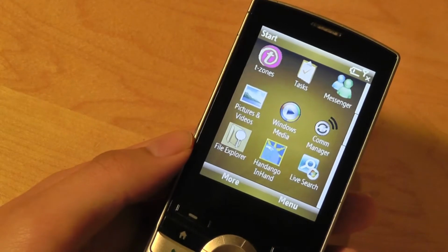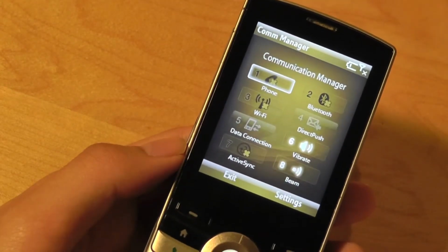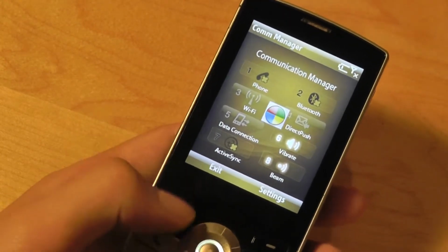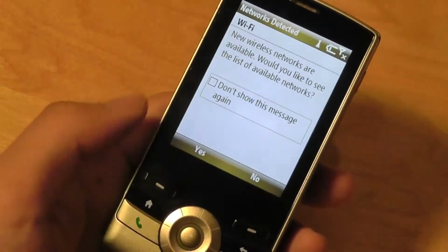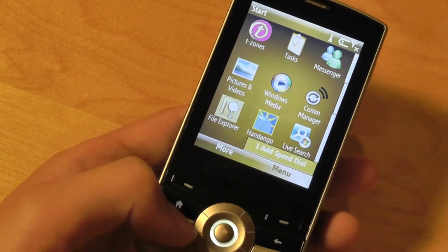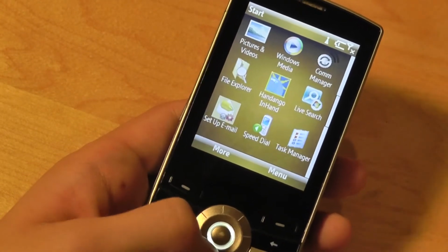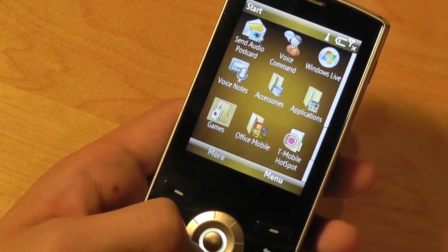There's MSN messaging, there's a communication manager for you to access and to change the Wi-Fi settings, and to change Bluetooth settings for stereo audio. We're going to turn on Wi-Fi here in a moment. There's also Windows Media Player for playing back your different tracks and also for your videos. We also have access to some different functions on here, inclusive of File Manager, a live search functionality that will automatically search the web. There's Windows Live on here,